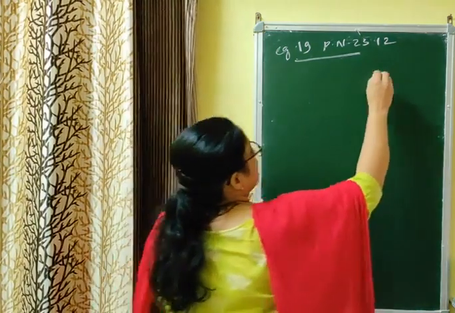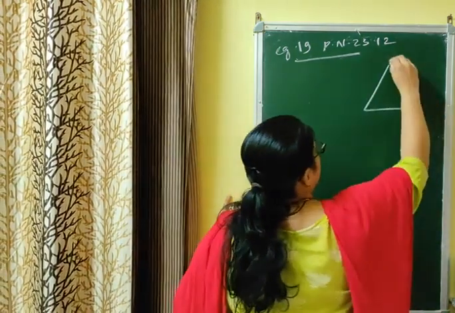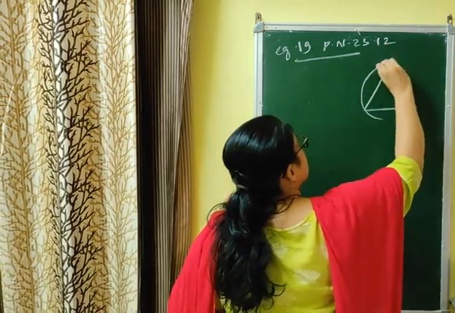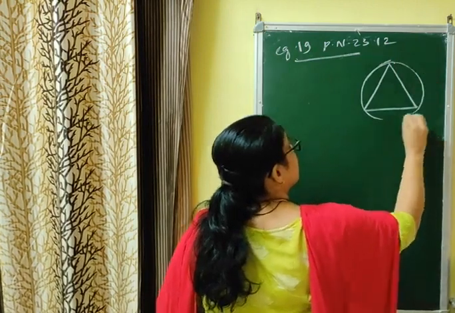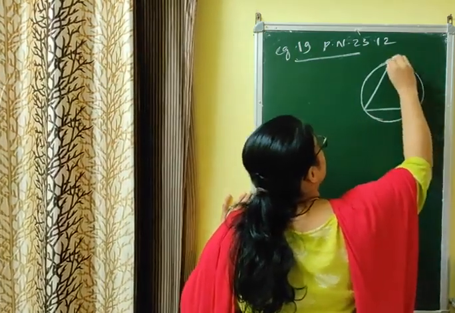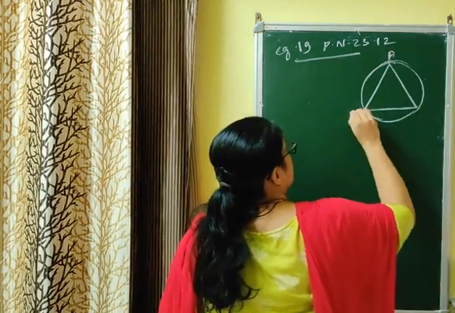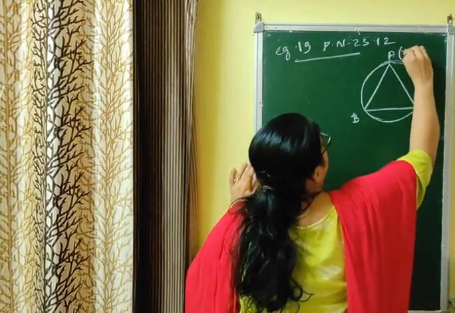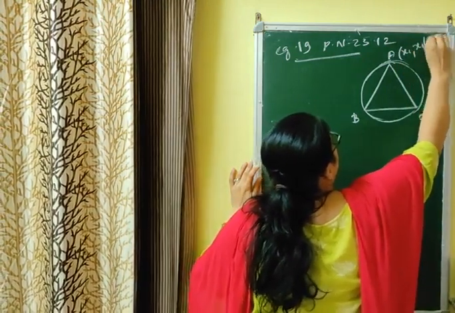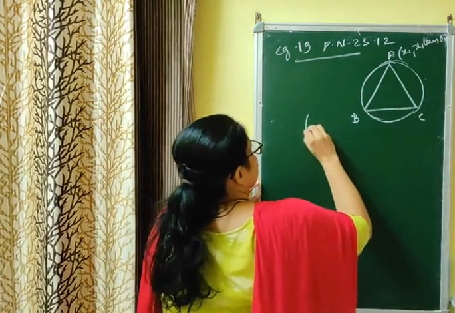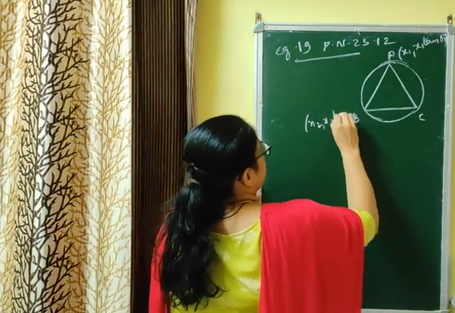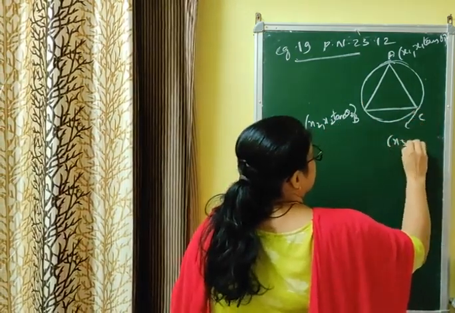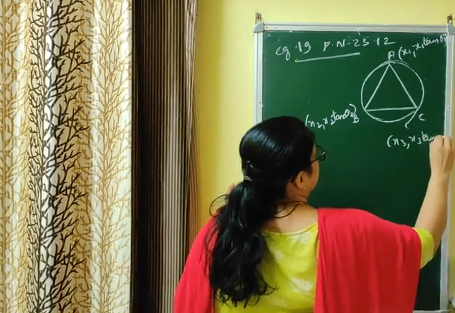In this question you are not given a figure, so for convenience, I am drawing the figure. The circle should go through the vertices of the triangle, and the circle is outside of the triangle. You are given the vertices of the triangle as A, B, C. The first vertex is x1, tan theta 1. Second is x2, tan theta 2. This question is a little bit difficult, so understand carefully. This coordinate is x3, tan theta 3.